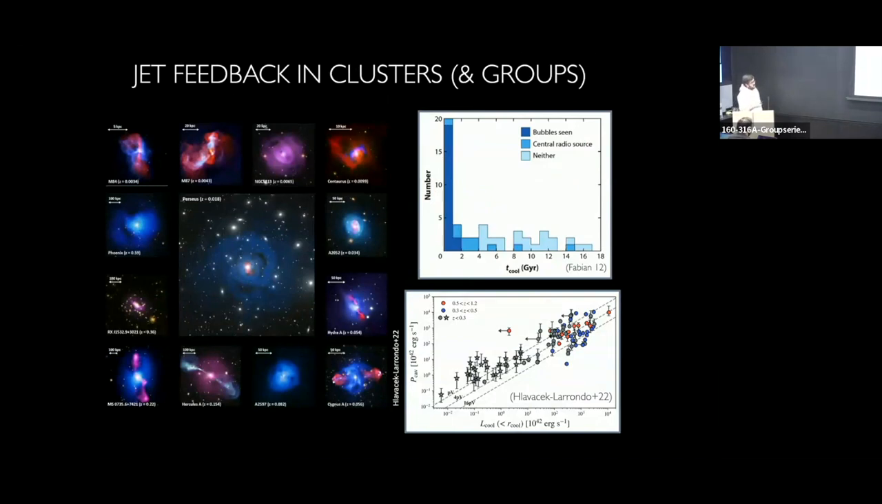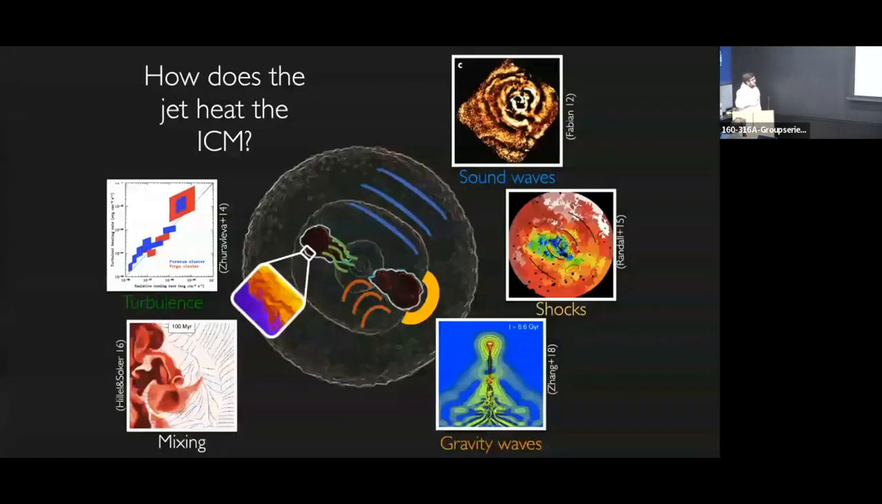Here, the bubbles are common in systems with the shortest central cooling times. Well, that might be some observational bias in there. But I think the key thing is that if you estimate the power to inflate these cavities and compare it with the cooling rates within the systems, you get this tight correlation between the two that's normally taken as evidence that the feedback is regulating the cooling within the intracluster medium. While the energetics add up, there's still a number of open questions around how the feedback actually